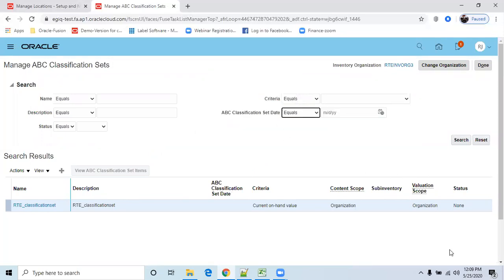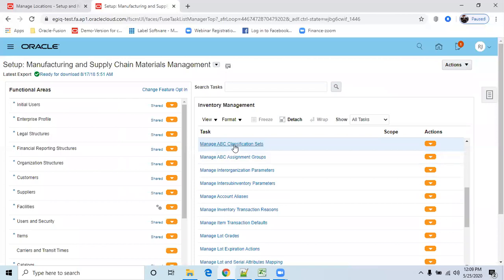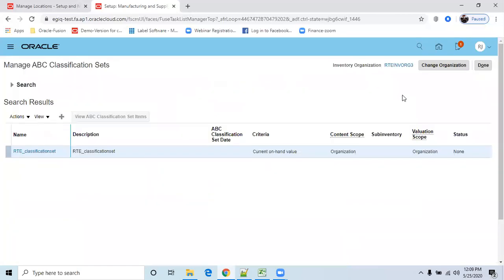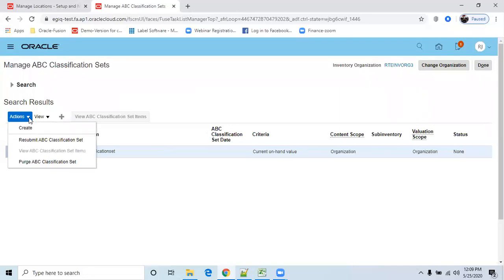Okay, so we created a classification set, click on done, and you select again back to your manage ABC classification set. Okay, open this.